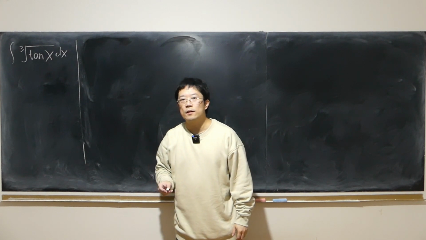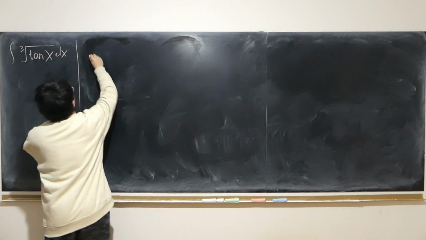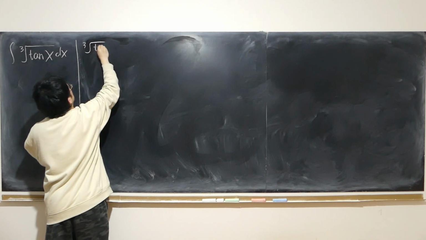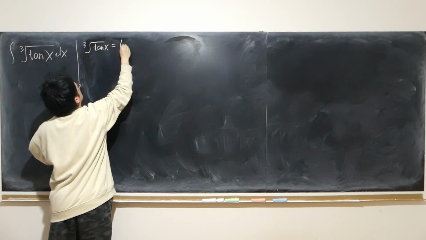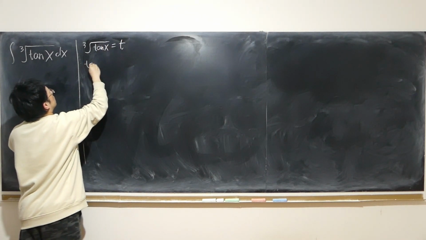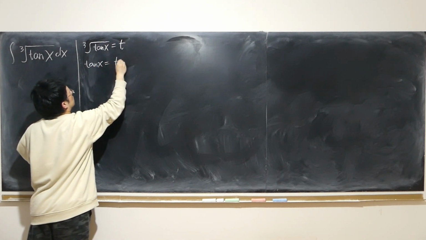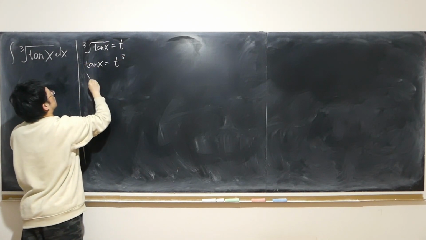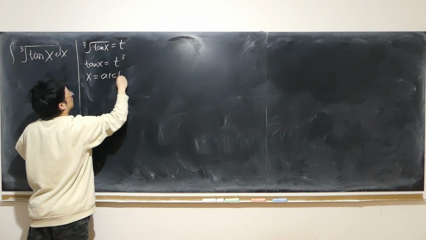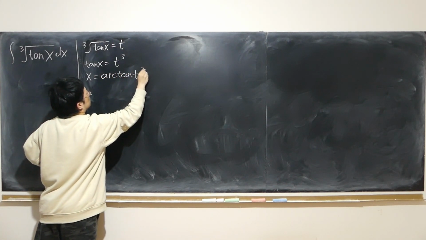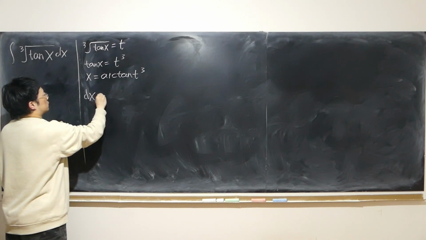Let's find out the antiderivative. First, we use substitution. Tangent x equal to t cubed. So x is equal to arctangent of t cubed. So dx is equal to